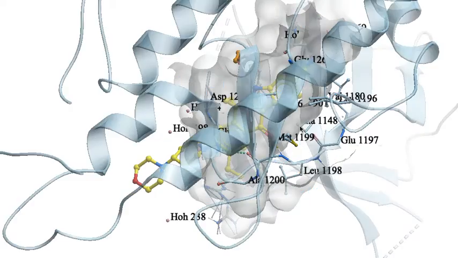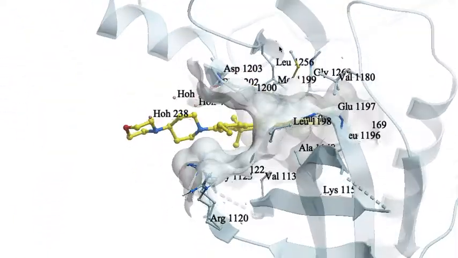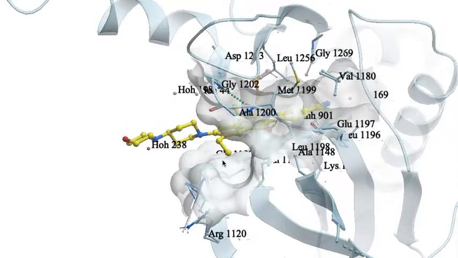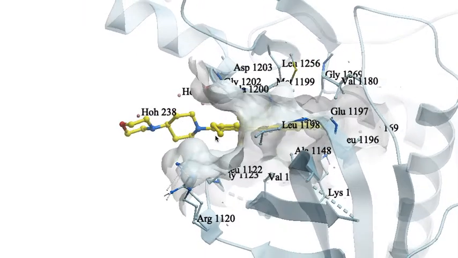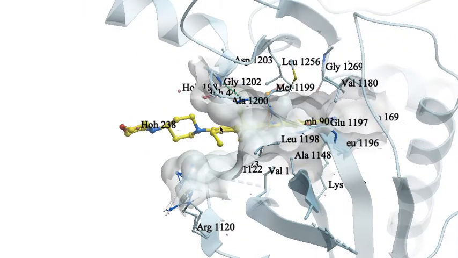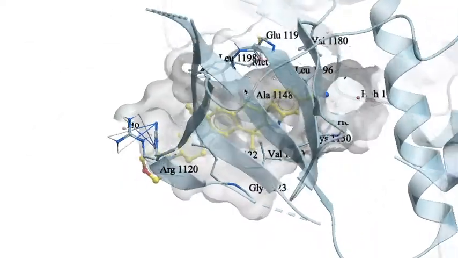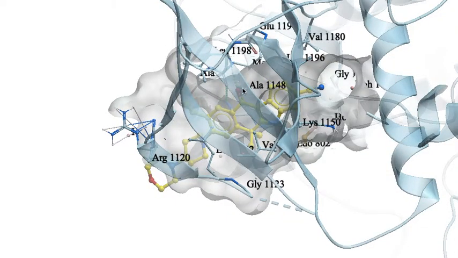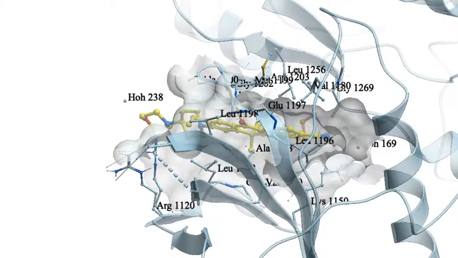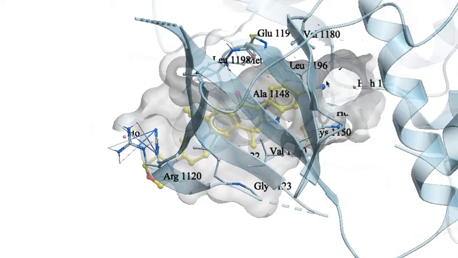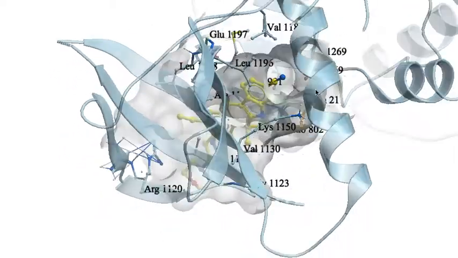And the first thing we'll notice when we look at it bound to the receptor is that this portion of the drug is quite exposed, so the morpholine and pyridine end of the drug, and this was designed during optimization to enhance the pharmacokinetic properties of the drug, so to increase solubility and bioavailability of the drug. We do see a strong hydrogen bond here between the carbonyl group of the drug and this methionine residue up here. And it's not shown here, but there is a hydrogen bond between this nitrile group and this nearby lysine